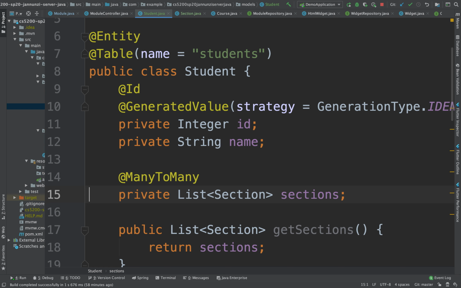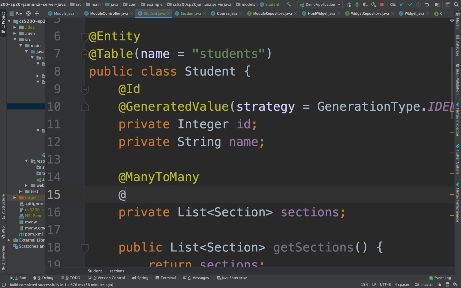Regardless of this, I'm always going to be able to query it either way. I'll give you a section, I can see the students in there, or I can give you a student, I can see the sections that are in that student. Either way, I should be able to query it either way. Okay. So from the student side, we're going to declare a join table,